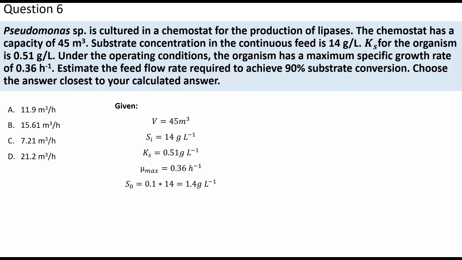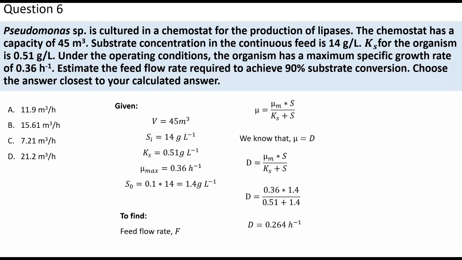So it has already been written in the given, and to find F, mu is equal to mu max S divided by Ks plus S. As we already know all the formulas, we are just substituting and finding D. In the previous question also, we saw that in a chemostat mu is equal to D. Therefore, D is calculated, and D is equal to F by V. As we know the capacity, that is 45 meter cube, we can back calculate, which is 18.88 meter cube